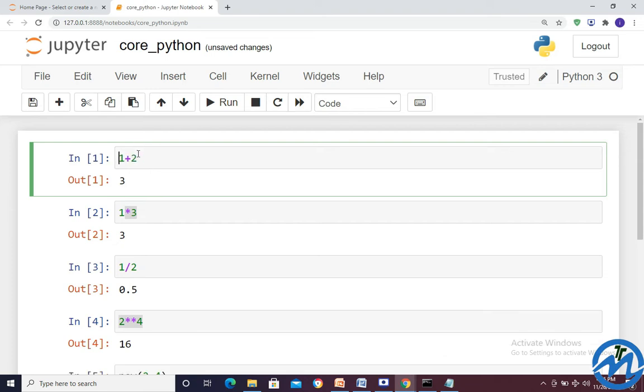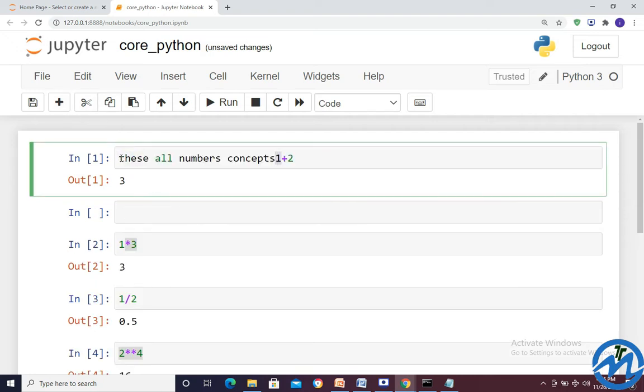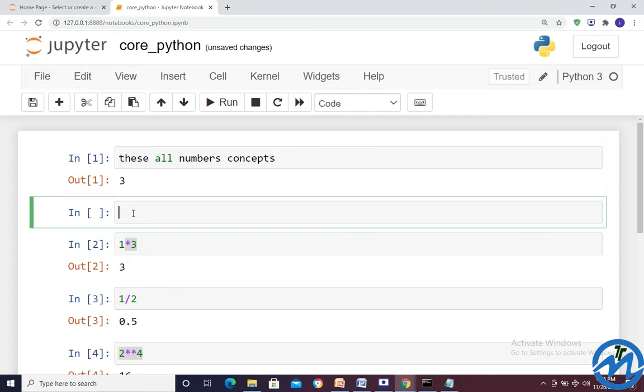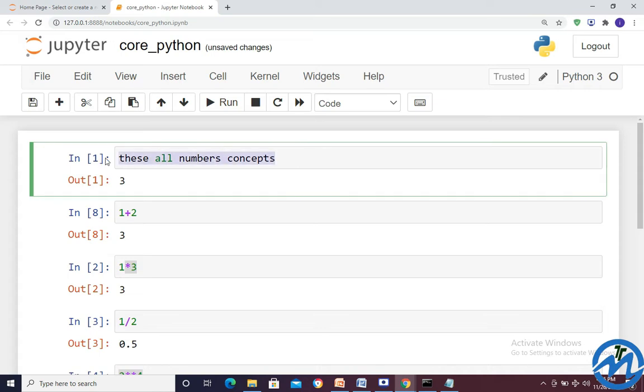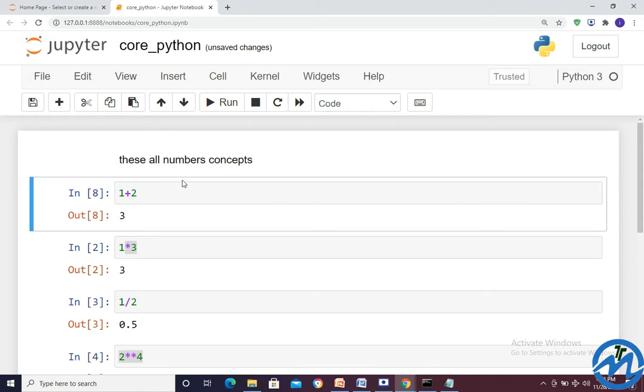So how can we do it? So plus, this you have written here, and then you got the same 3, and in this I'll just change code to markdown, and then this one we got.